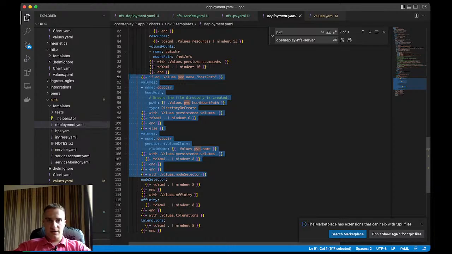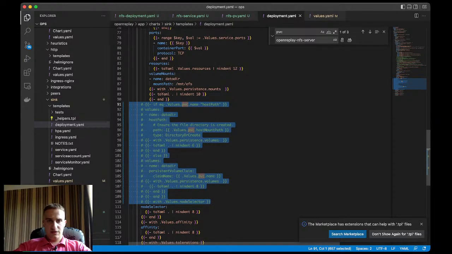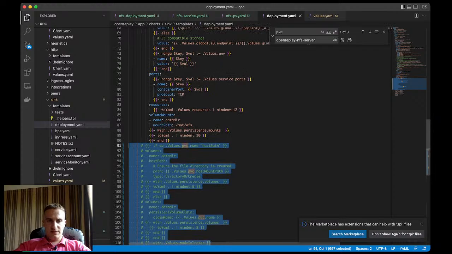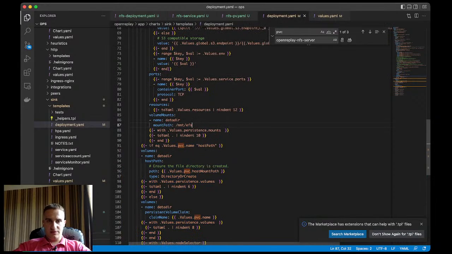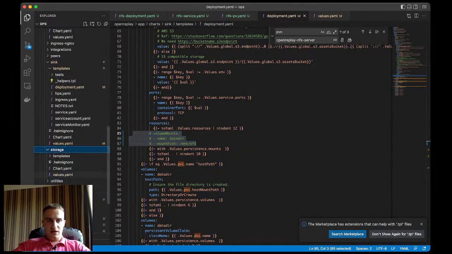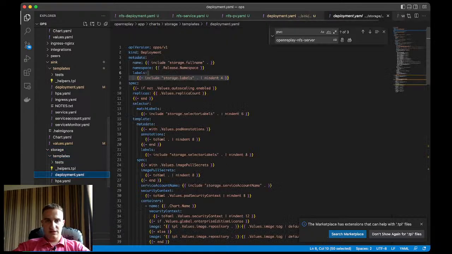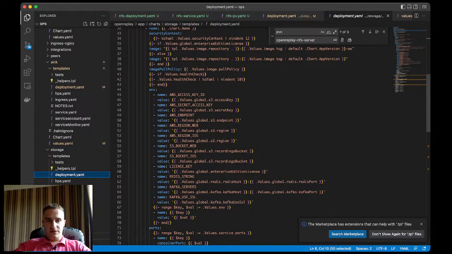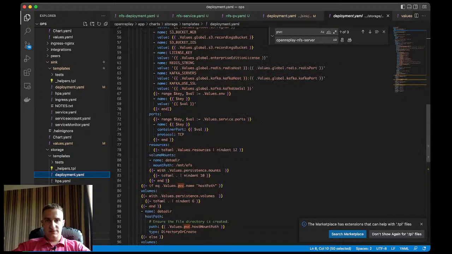I'm just commenting out these, and basically I can just comment out these, right? And the same for the storage and for the utilities. Just to make this deployment proceed, and then once we made it proceed,